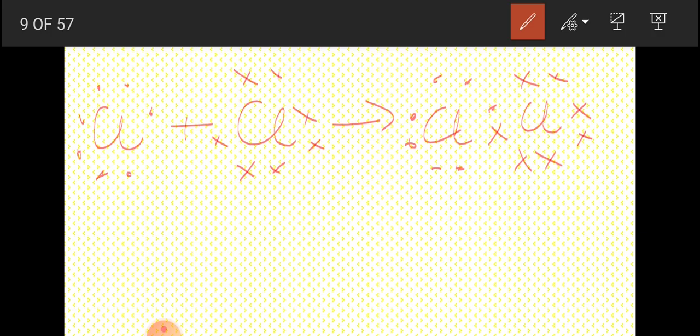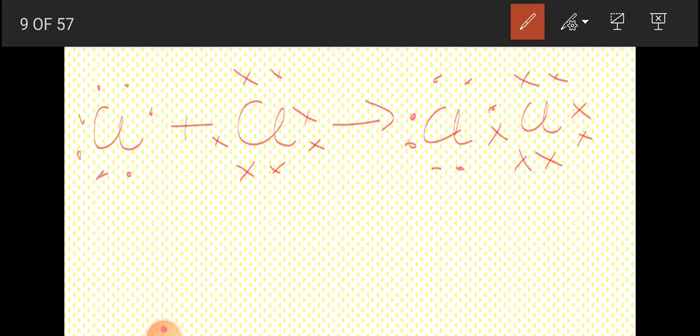So here you can see that there are 7 electrons in the outermost shell of a chlorine atom and each chlorine atom contributes 1 electron. These two electrons are shared by both the atoms. Both the chlorine atoms now have 8 electrons in the outermost shell and have the stable inert gas configuration of argon. Like this we can do it for oxygen and nitrogen also.